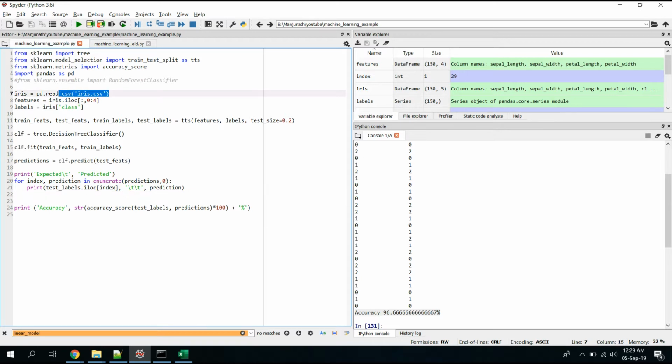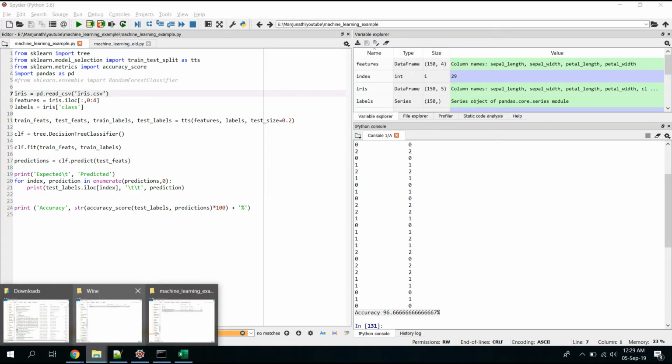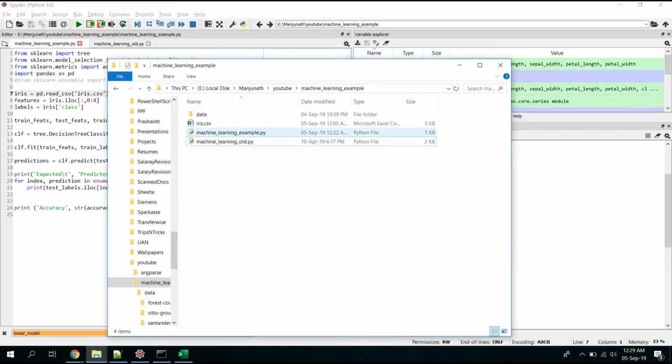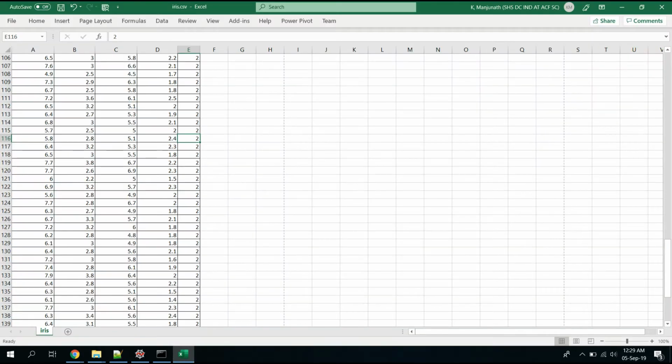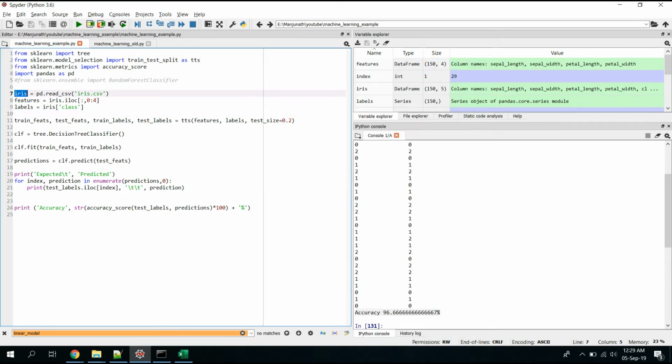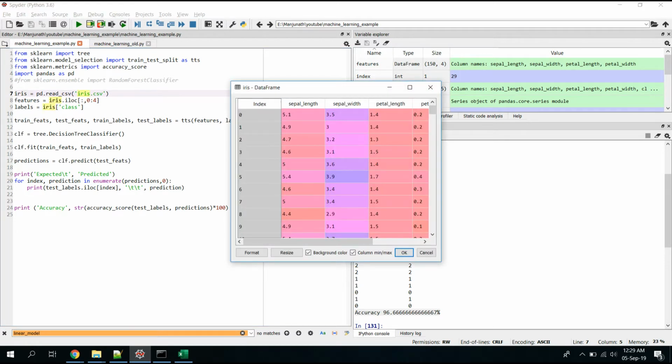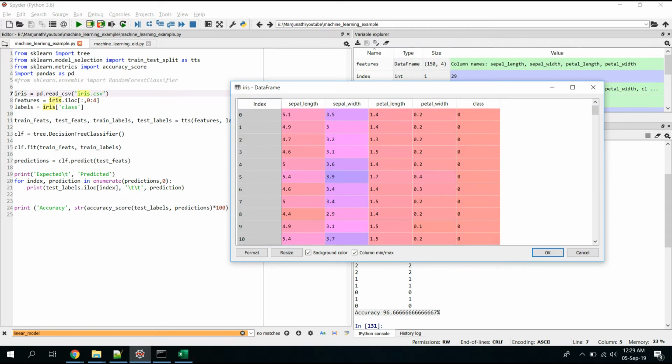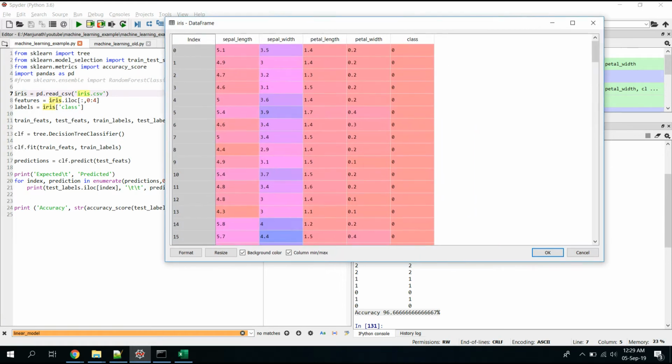First of all, I have imported the CSV file containing the iris data. That is present here. I have my code here and I'm loading this file, which is nothing but the one which I showed you. Once the file is loaded, all the data from the CSV is loaded into the iris object. I'm using the Spyder